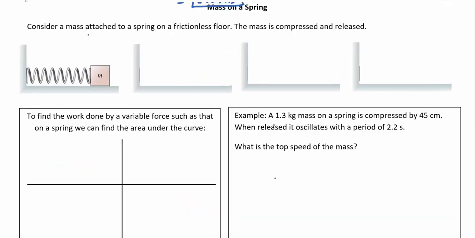Okay, so now let's consider a mass on a spring. We looked at masses on springs last time. This time the mass is just sitting on a frictionless floor. It's just going to oscillate back and forth. So initially the mass is sitting at some equilibrium position, and what we're going to do is compress the spring. So the spring gets compressed, and the mass is sitting there, and it's moved to the left